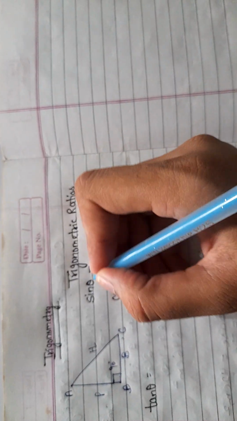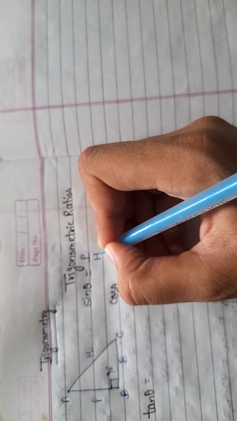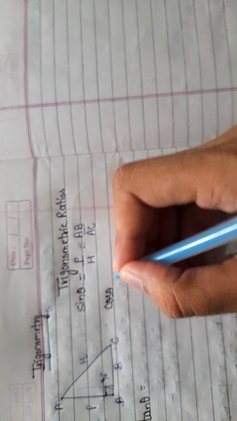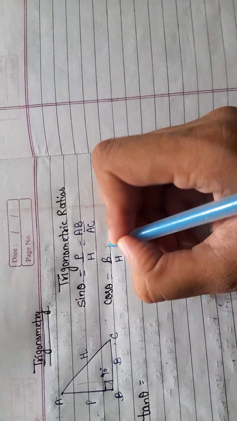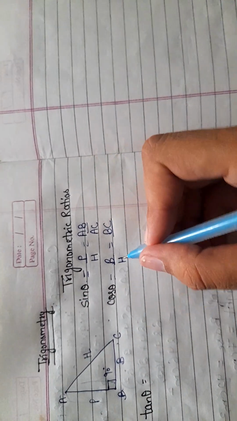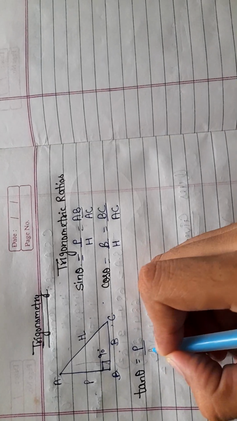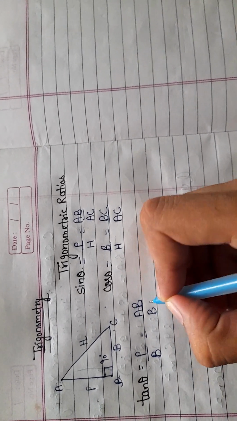Sin theta equals perpendicular upon hypotenuse, means AB upon AC. Cos theta is base upon hypotenuse, that is BC upon AC, and tan theta is perpendicular upon base, perpendicular is AB and base is BC. Okay, and the remaining are